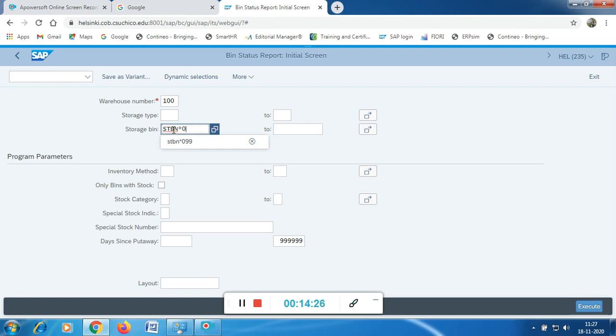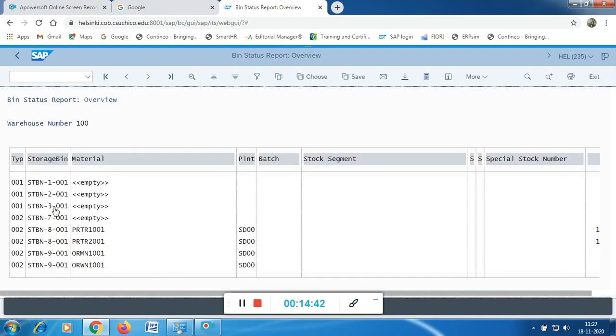For your login, type your 3-digit code. My login is my 3-digit code, so you need to use your 3-digit code here. I'll type it once again: 001. STBN star is the same, and press your 3-digit number. Press the execute button. Now if you can see, all these are your storage bins. STBN -1 your 3-digit number, all these are the storage bins.